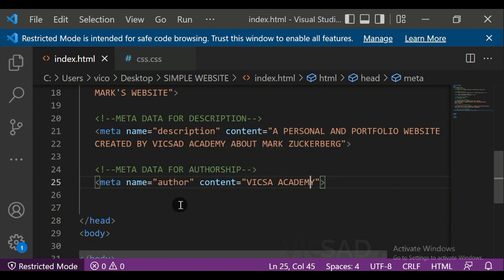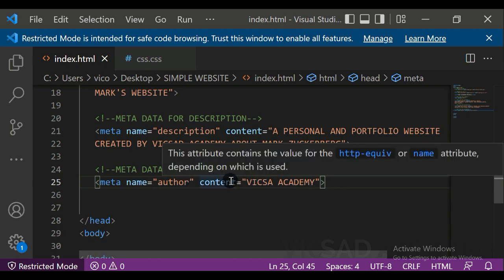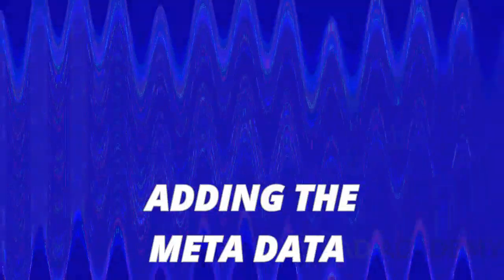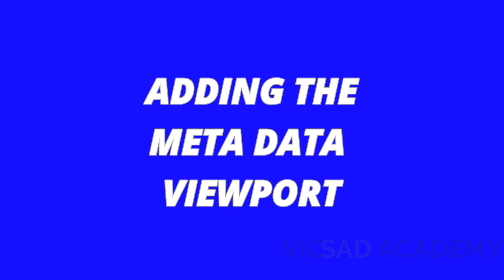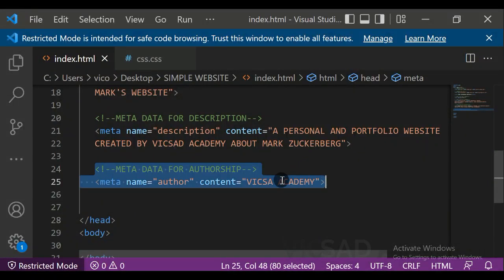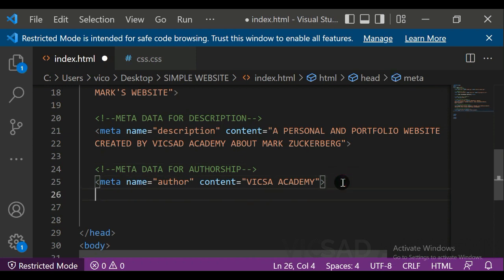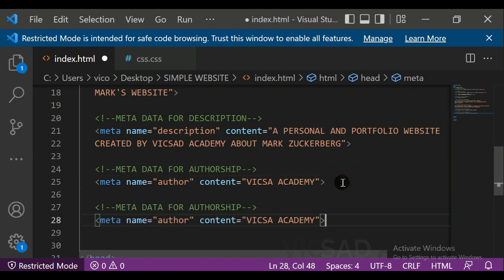So Control S. I'm gonna move to the next one, which I think should be the viewport metadata. Yeah, copy this, Control V here, and then